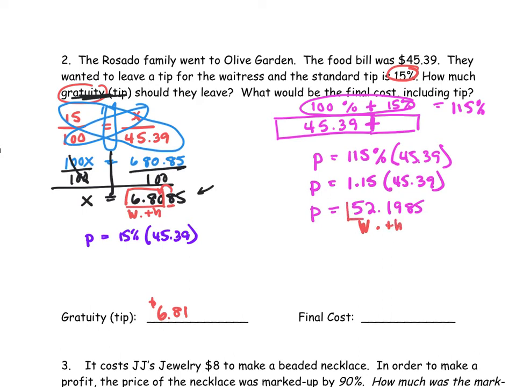And so it's either going to be $52.19 total, including the tip, or $15.20. So this bossy 8 tells this 9 to go up 1 penny. So our final cost is $52.20. So now let's make sure, if we would have done this the other way, if we would have taken,